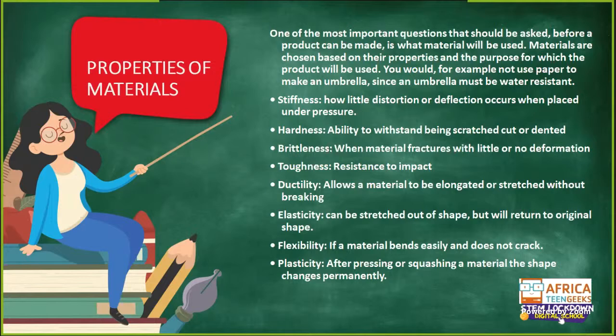Now let's look at flexibility. Flexibility: when a material is able to bend easily and does not crack, we say the material is flexible. Now let's look at plasticity. After pressing or squashing a material, the shape changes permanently. We call it